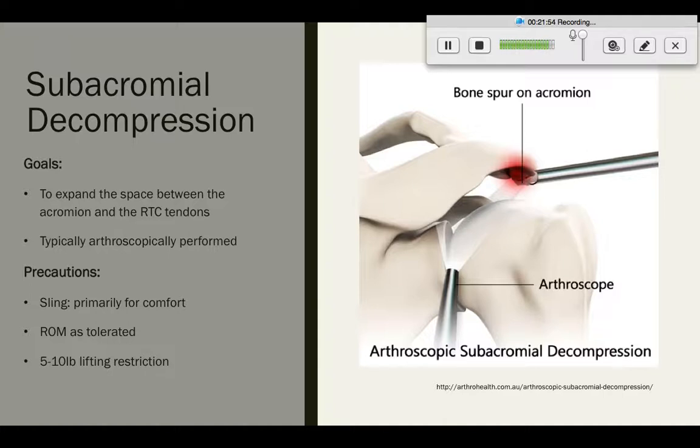As far as precautions are concerned, the sling is primarily worn for comfort. So depending on the surgeon, anywhere from 24 hours to 2 weeks. You want to keep the patient's irritability level in the front of your mind as well. So the pain management is an indicator for using the sling, but you also want to make sure that you're optimizing range of motion. No repair was performed, so we want to regain their range of motion and their strength as tolerated, and avoid any post-operative stiffness. So it's a little bit of a balance between the patient's level of irritability and the need to minimize any